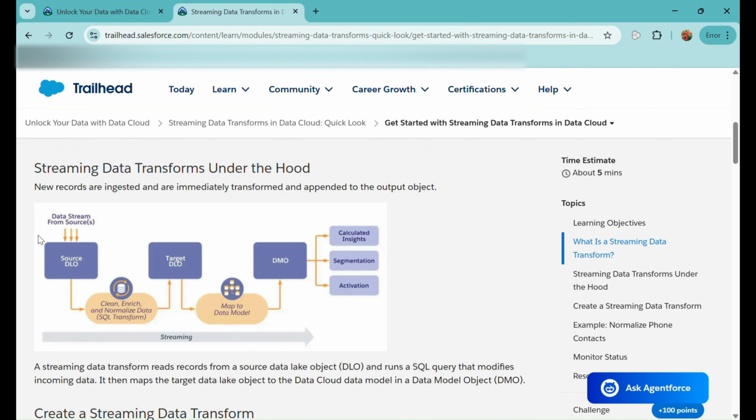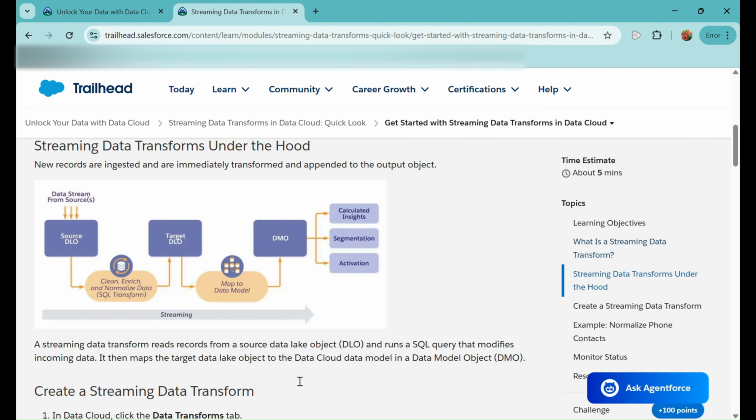Here is one of the examples. Using the data stream, we bring in data from the data source, which we can see in the data lake objects. Then we normalize the data using the target DLO, or maybe the DMO. We map the data to the DMOs, the data model objects. Then we utilize calculated insights, segmentation, or activation to make the data more organized.